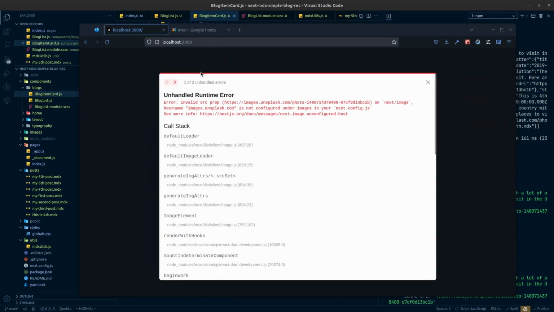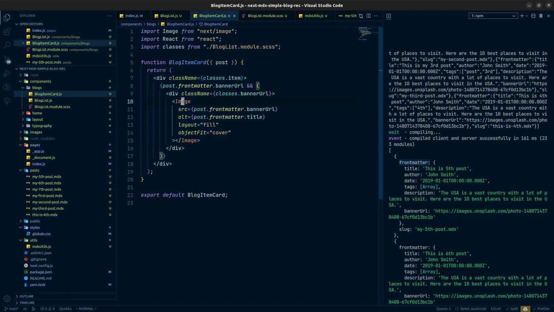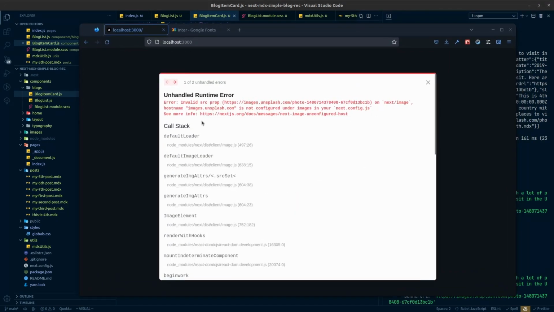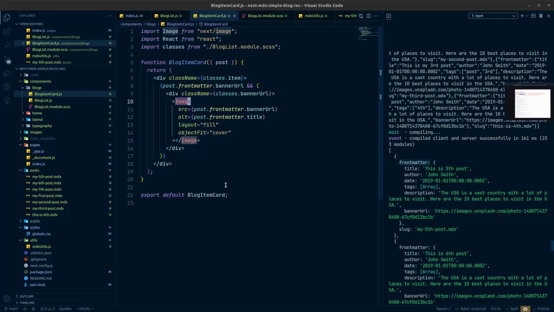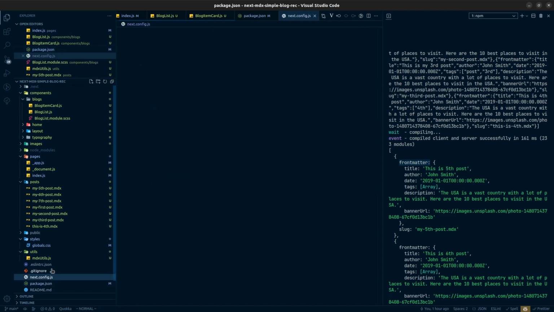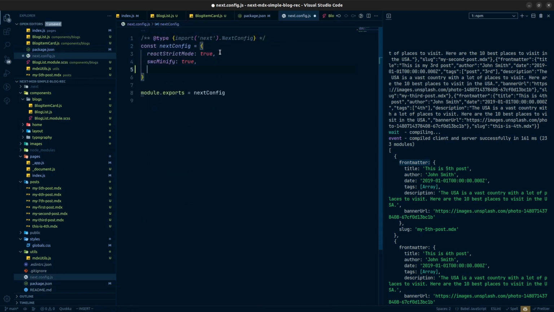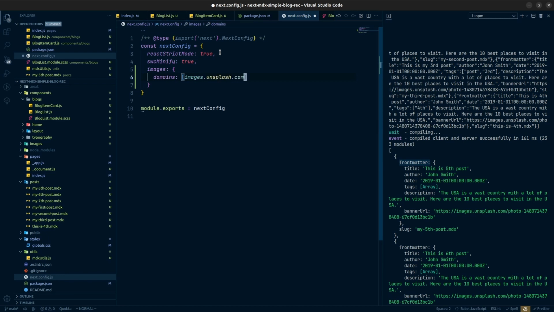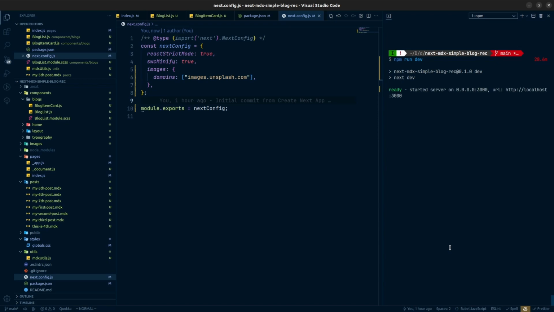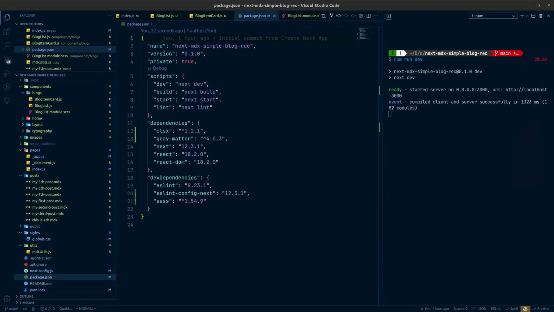And if I come here, okay, I'm seeing some error. Whenever you use any kind of external source for the Next image, you need to add the domain of the source in the next config. I'm using Unsplash images, so that's why I need to add this domain in our next config. So come here in our next config, and here let's say images and domains, and inside this we need to provide it inside of a string. Now we have our domains, and inside the domains we have our Unsplash domain, and we can use Unsplash images. I think I need to rerun the server because I just changed the next config. And now if I come here and refresh,